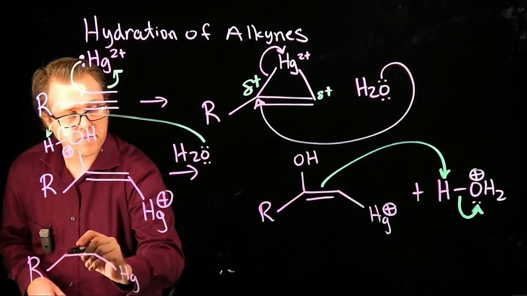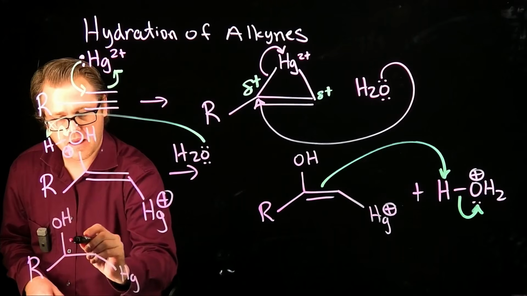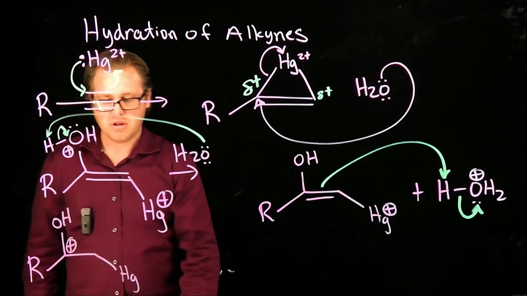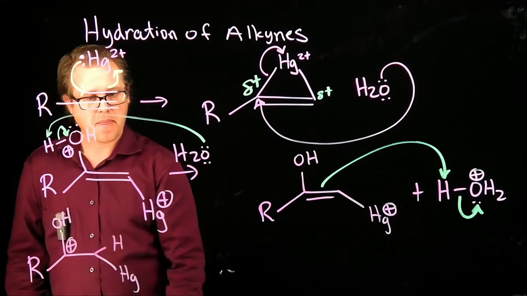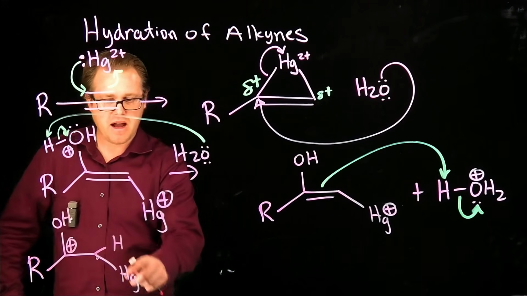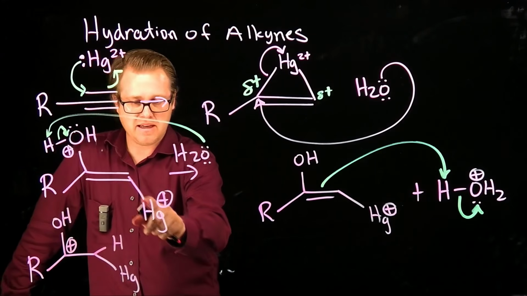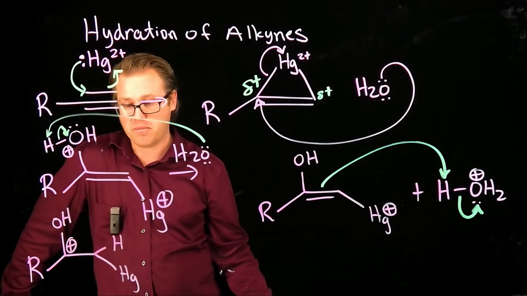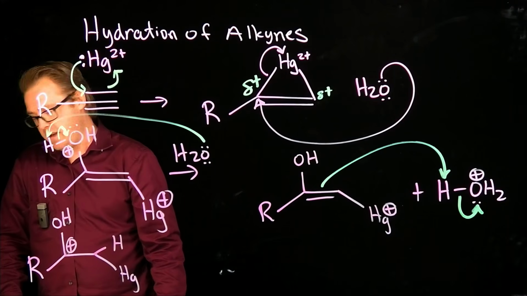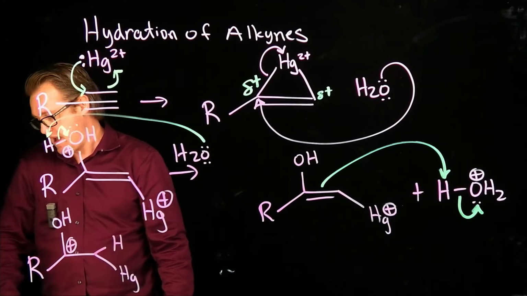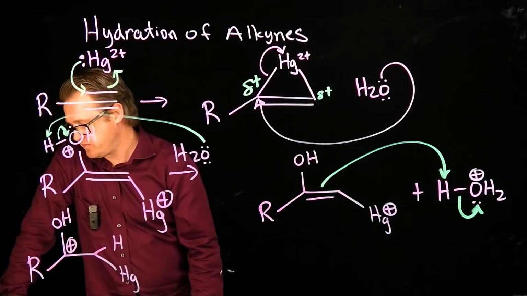Mercury. Right, and then we're going to have a partial charge on that carbon, the hydrogen added here. And the reason why we want the hydrogen adding on the carbon that's connected to the mercury is because we need to kick that mercury off. Okay? We need to kick that thing off. And so what's going to happen here,